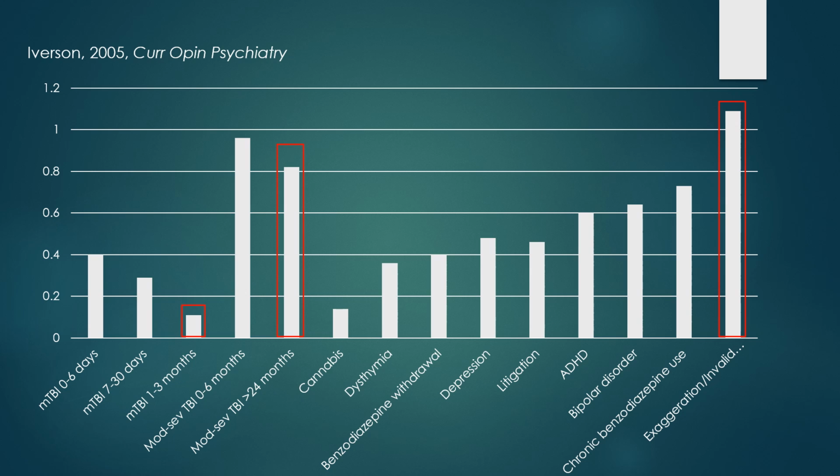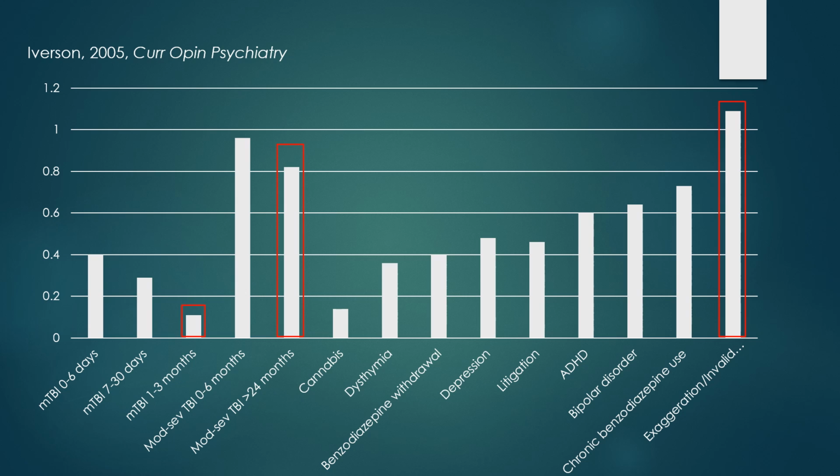If you go over 2 bars, that's showing the effect size of moderate to severe TBI more than 24 months after injury on testing, and that has an effect size of about 0.8. So significantly higher than the effect size of a mild TBI 1 to 3 months post-injury. But if we go all the way over to the right, there we see the effect size of exaggeration or invalid performance on neuropsychological testing. And that's an effect size of about 1.1, which is even larger than the effect size of moderate to severe